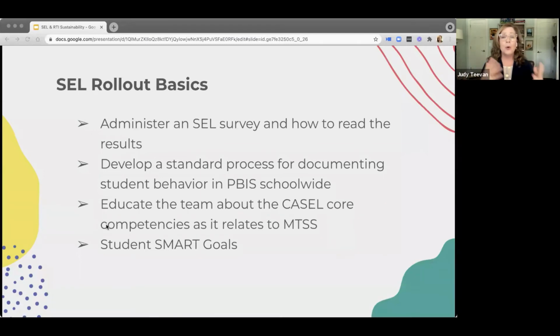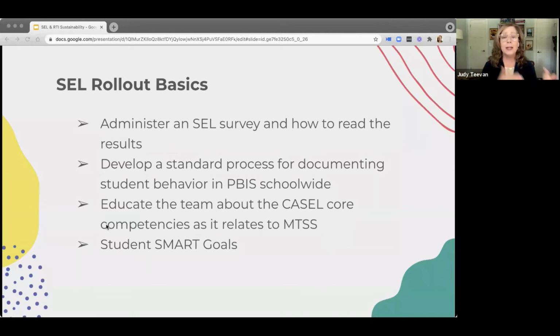But for initial rollout, you'll learn how to administer an SEL survey and how to read those results. And decide ahead of time what types of decisions an SEL survey may help impact. Then develop a standard process for documenting student behavior in PBIS school-wide.